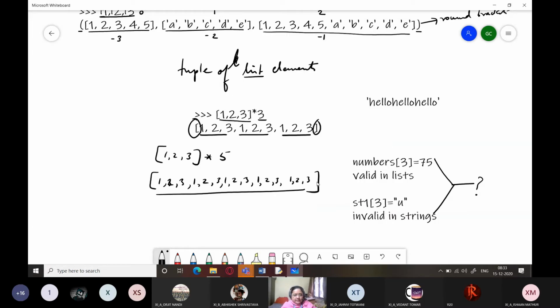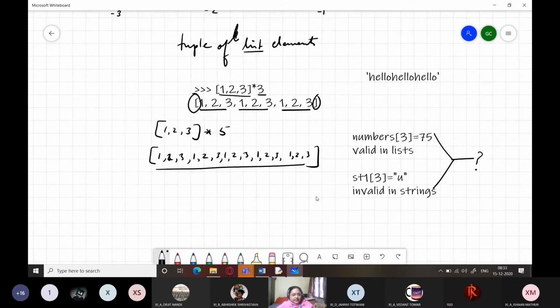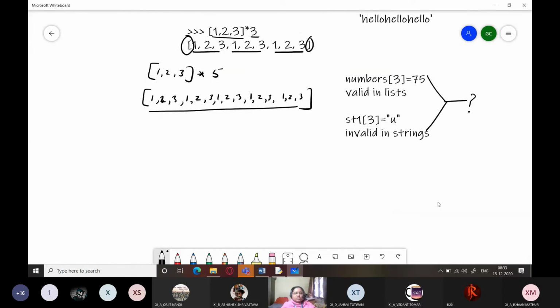So individual character assignment has got nothing to do with whether it is storing characters, numbers, or floats. It should allow, right? That's what we are trying to say. In strings it is not allowed, whereas in lists it is very much allowed.